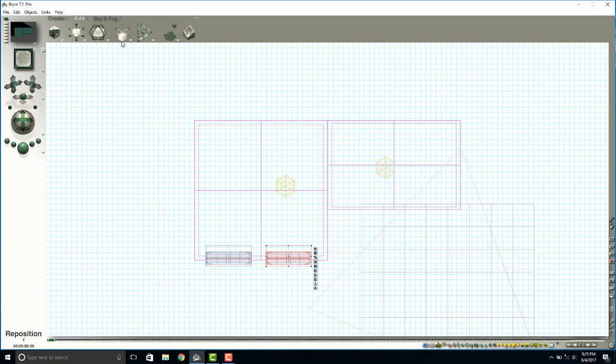Then I'm going to duplicate that, and I'm going to move that back a little bit, kind of position it into where it's going to be big enough to cut through all of those. So I'll duplicate it a few more times,